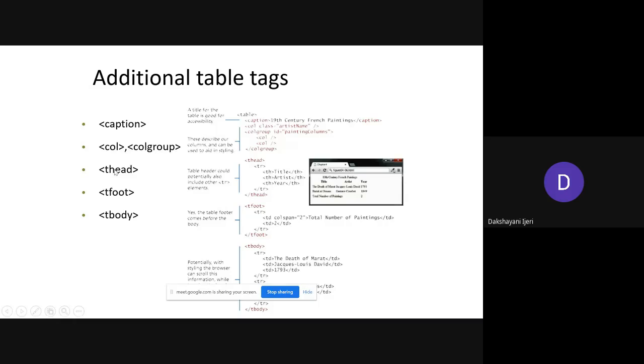So the difference of using this thead and tfoot is, no matter wherever you take this tfoot and thead, and whatever elements you include within the thead and the tfoot, these are going to be fixed. The thead content is going to be fixed for the first row, whereas the tfoot contents are going to be fixed at the last row. The rest of the elements can be included within the tbody, which are going to be included in between the thead and the tfoot. Right. So these two you can get to know once we discuss the advanced CSS chapter.